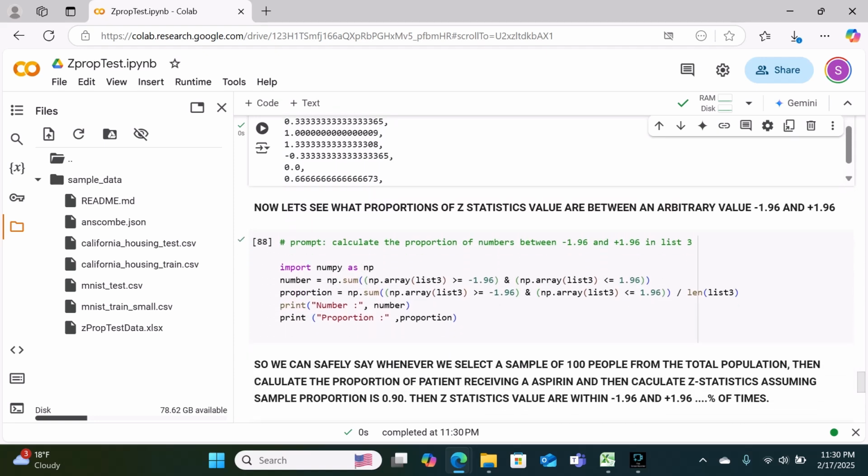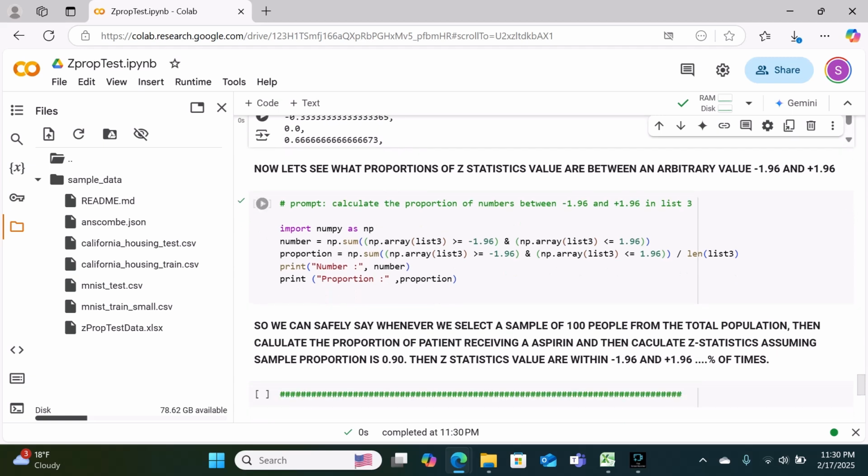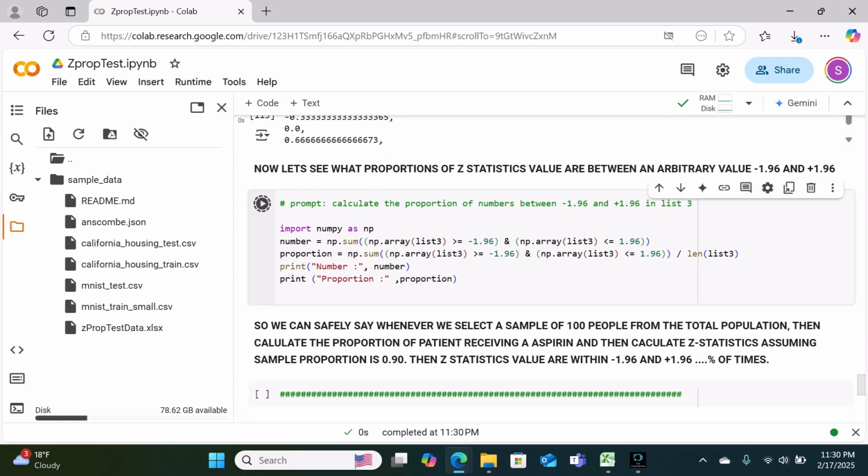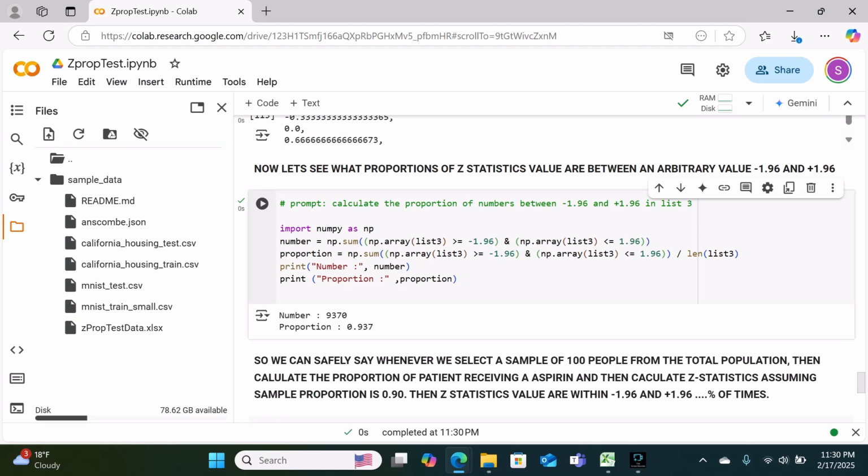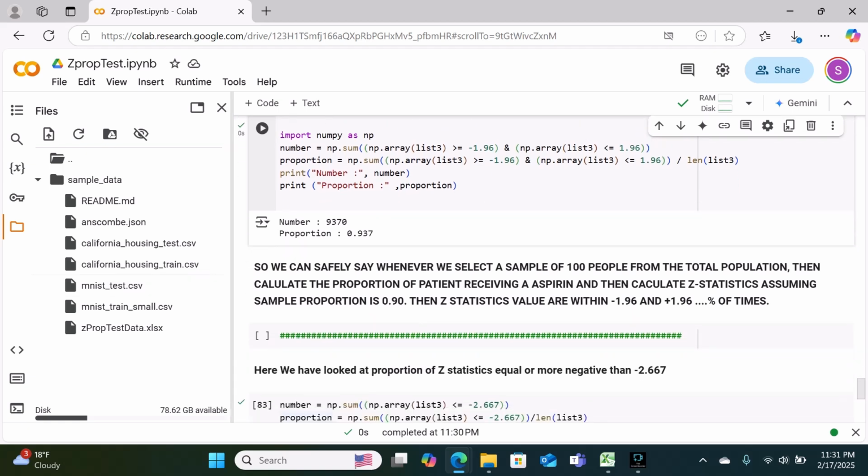Now let's see what proportion of those 10,000 statistics values are between an arbitrary value of -1.96 and +1.96. We see that a total of 9,370 samples, not patients, 9,370 samples, have a G statistics value between -1.96 and +1.96. That is 93.7% of samples have G statistics between 1.96 positive and -1.96. So we can safely say